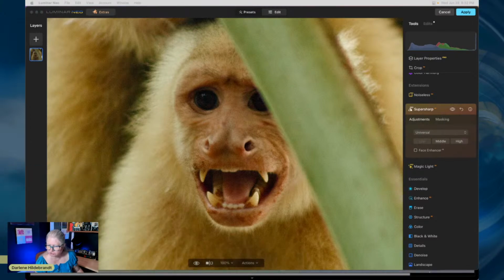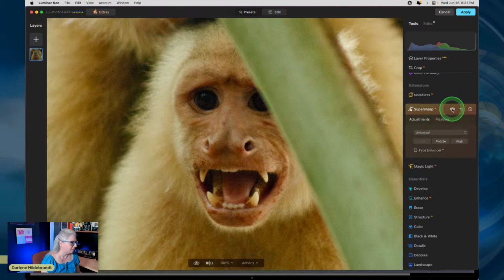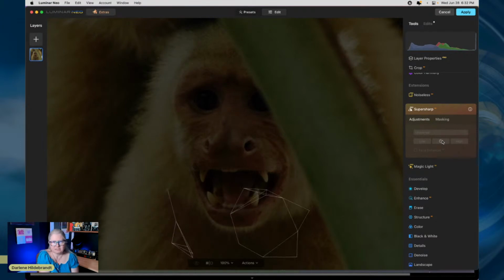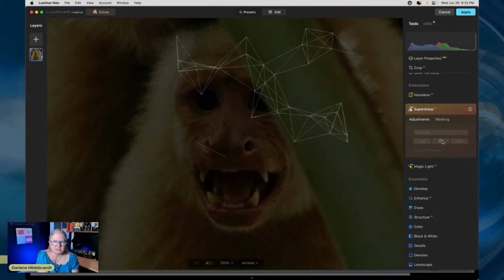I got Trisha's question as well, right? Okay, so let's see what Super Sharp did. In this case, it actually did a pretty decent job. And here we can see a little bit of noise. So it has sharpened pretty well. I'm going to actually try middle and see if it does any better. Like I said, the Super Sharp extension for me is a little bit hit and miss. And